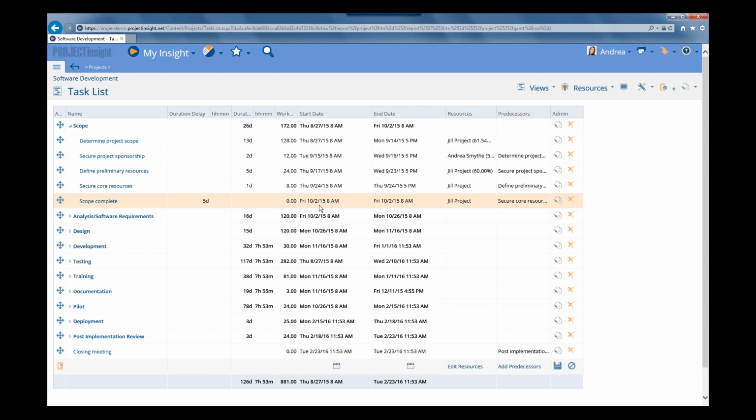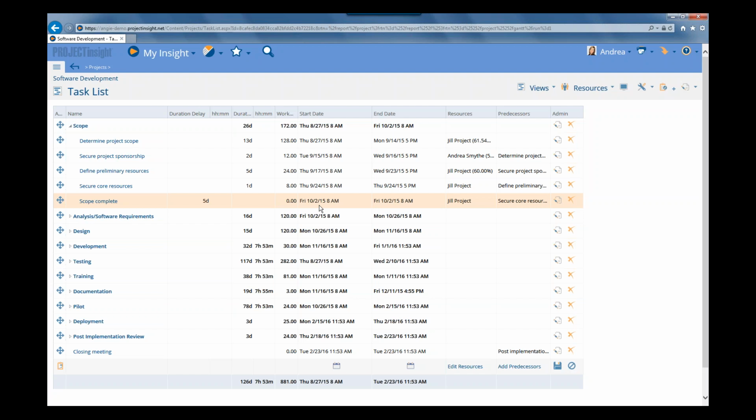Now, with good planning, a good work breakdown structure, and good estimates, your actual start dates should be the same as your planned start dates. But of course, as project managers, you know that in reality, that is not always the case. So if you wish, your team members can enter in the actual start and end date of tasks as they do their work. Or you can also set up Project Insight to set the actual start and end dates of tasks automatically based on when time is entered or the task status is updated. In either case, you can have Project Insight recalculate the schedule based on what those actual start and end dates